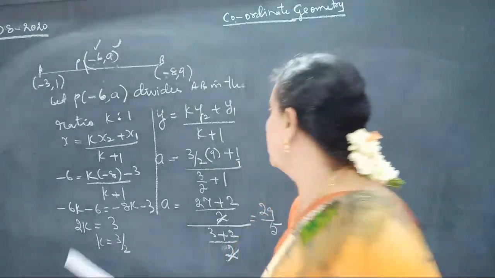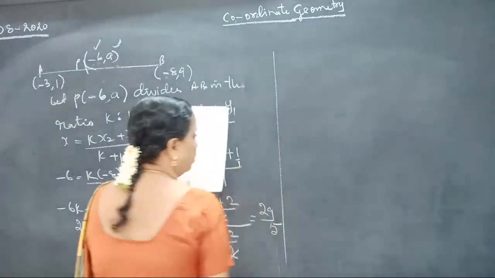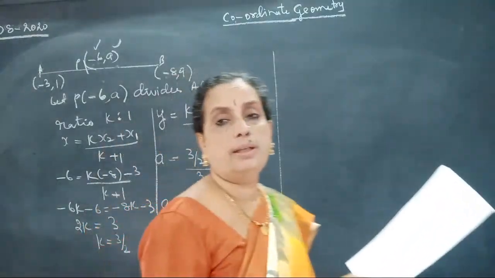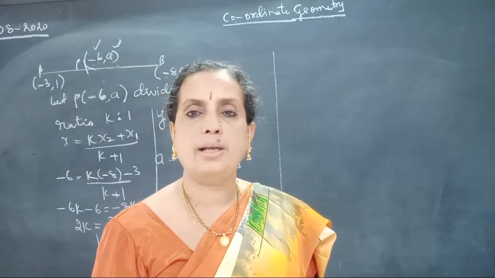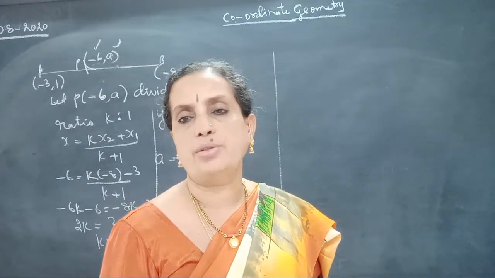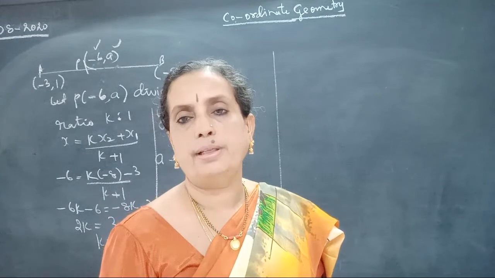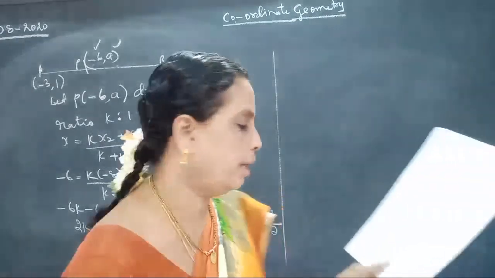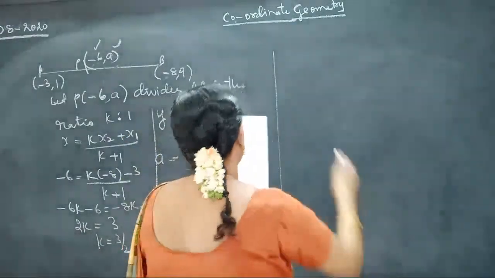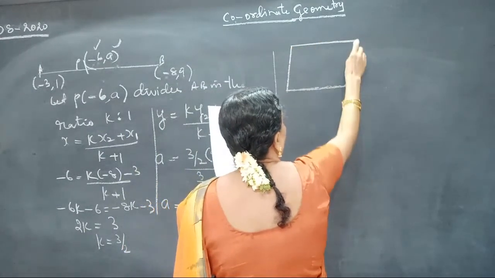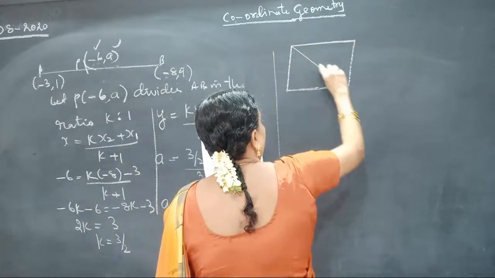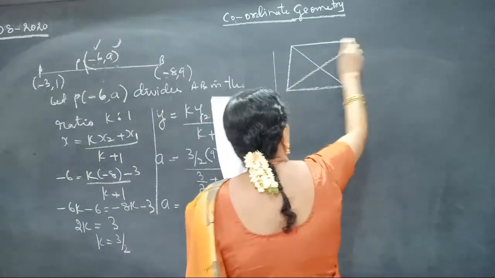They are given, take the figure. Here I will show you whether the diagonals bisect each other or not. Later you have to check by finding the opposite sides using the distance formula whether they are equal or not. Okay. So question number 6: show that the points, get the figure of a parallelogram, join the diagonals and write